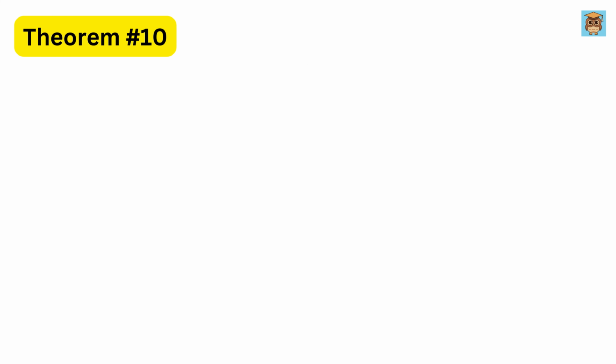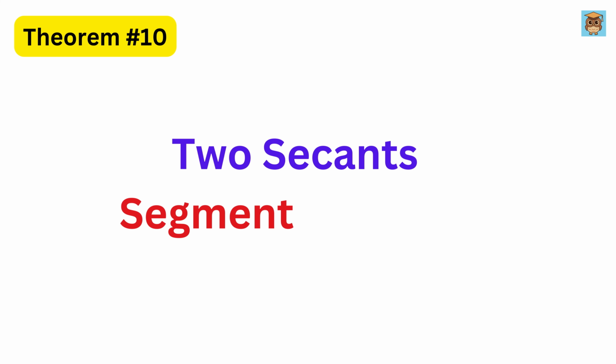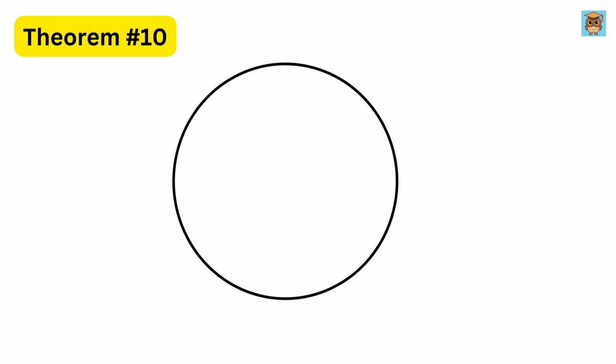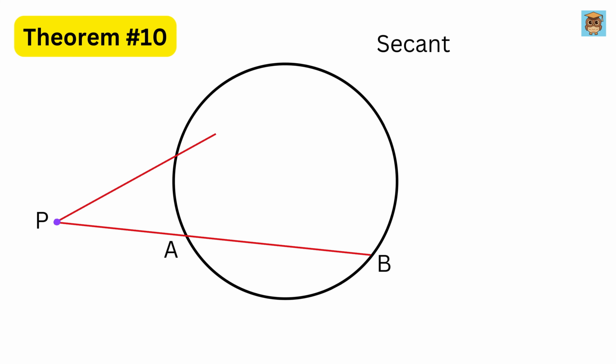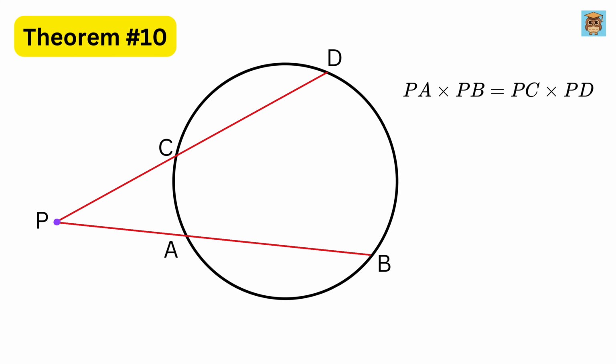Now, Theorem 10, two segment theorem. Suppose we have a circle and an external point P outside the circle. From P, we draw a second line that intersects the circle at 2 points A and B, and we draw another second line that intersects the circle at 2 points C and D. Then, according to the theorem, the product of the distances PA times PB will be the same as PC times